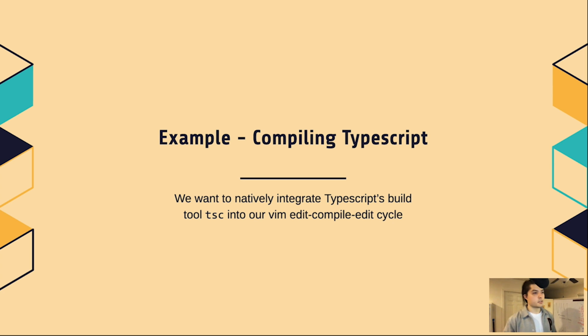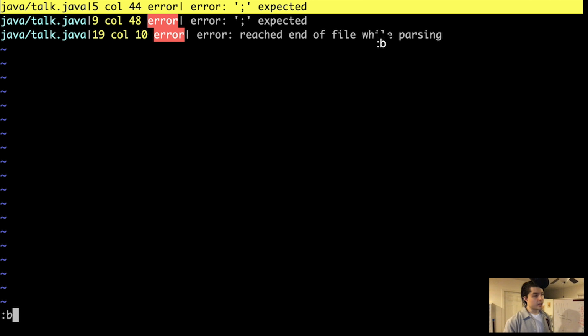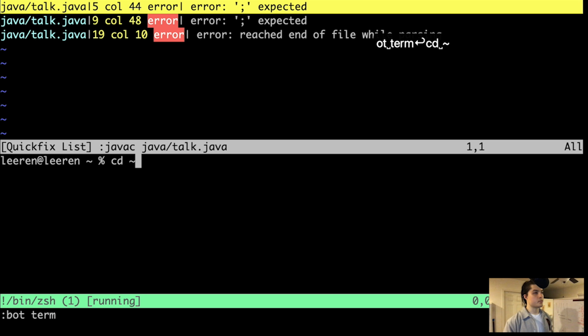Anyway, compiling TypeScript. In this example, we want to natively integrate TypeScript's build tool, tsc, into our Vim edit-compile-edit cycle. And like I showed you earlier, TypeScript by default does not have any compiler options. But again, I'll show you how simple this is to do. And before doing that, let me just show you what happens when I actually build something in TypeScript. So I have a TypeScript directory right here. And in my directory, if I do tsc, it will do a bunch of